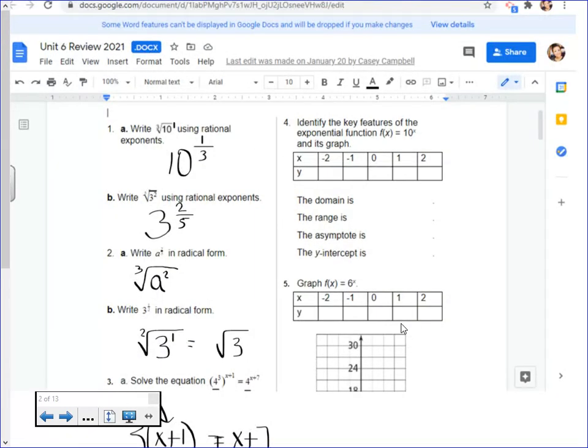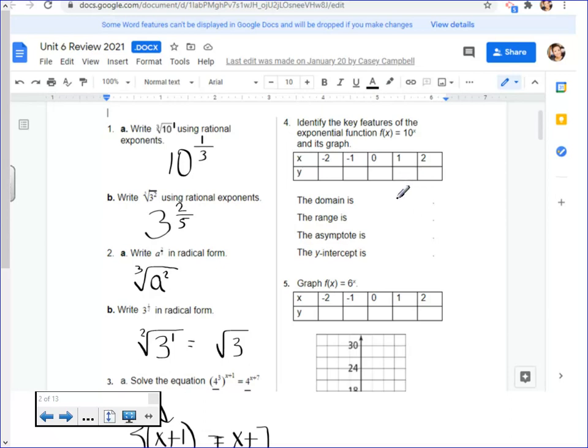Okay, we're going to go actually to number 4 right now. I know there's another one, I just haven't gotten to the other page yet. So on number 4, it gives you an exponential equation. It says identify the key features of this function, f of x equals 10 raised to the x power, and